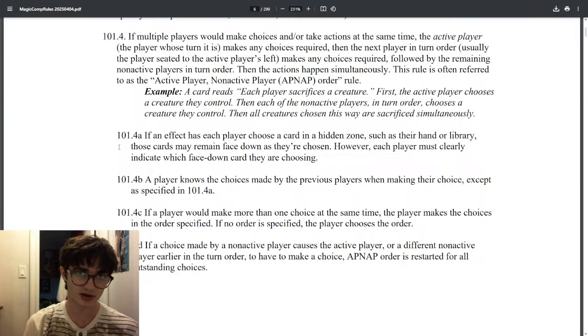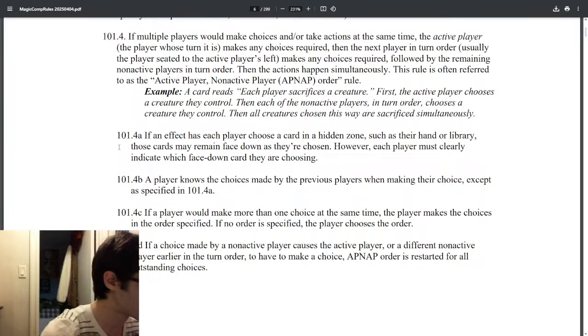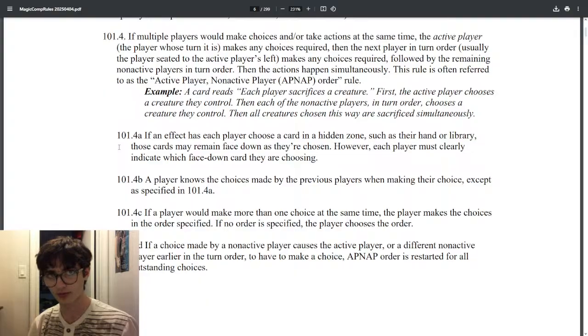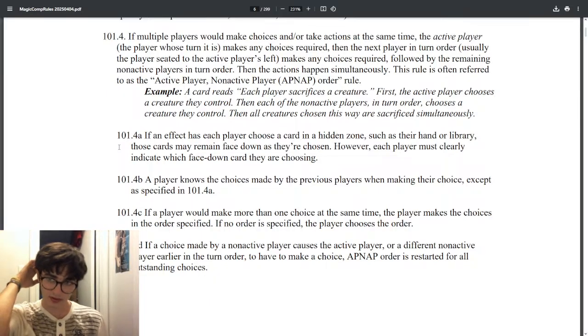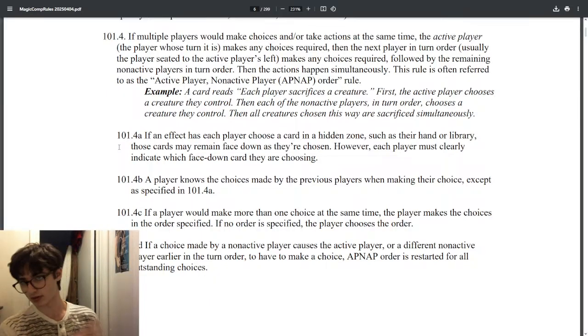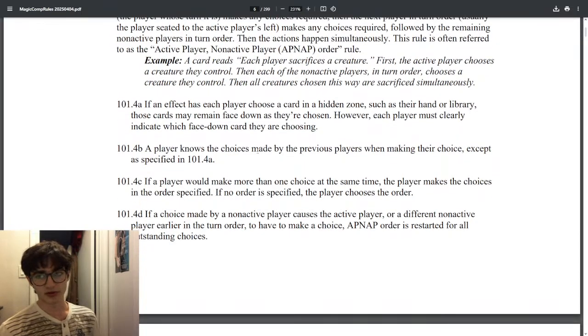Your opponent does not have a firm grip on information about the cards in your hand and their position. Those are all subject to change because it is a hidden zone, which only you are allowed to know the order of. Library is different, you don't even get to know that. 101.4b, unless of course the top card of your library is revealed. Or, okay, actually, same thing with the library.